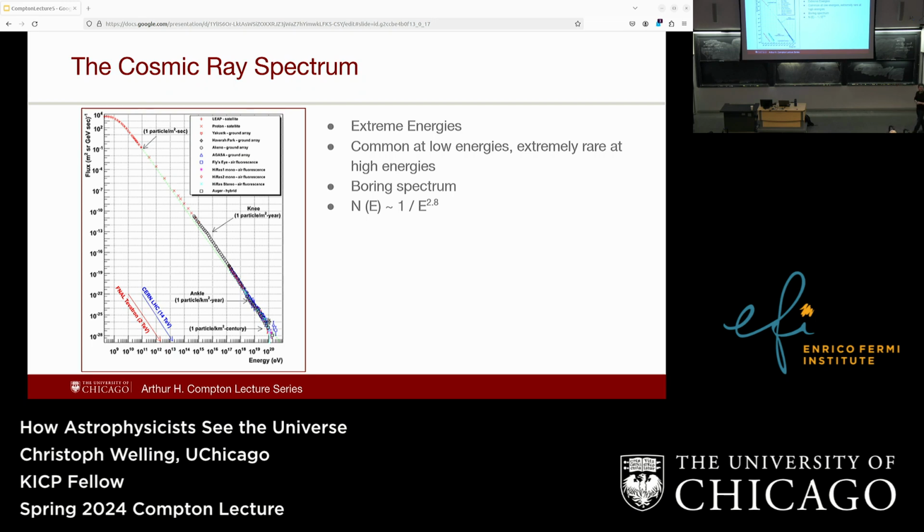Yes? Where would the fastest particle that has ever been seen fit on this? Like at the very end, or maybe even further along that scale? Yeah, that would be roughly here. I was just wondering if it would have been even further or just there. No, they're roughly here.